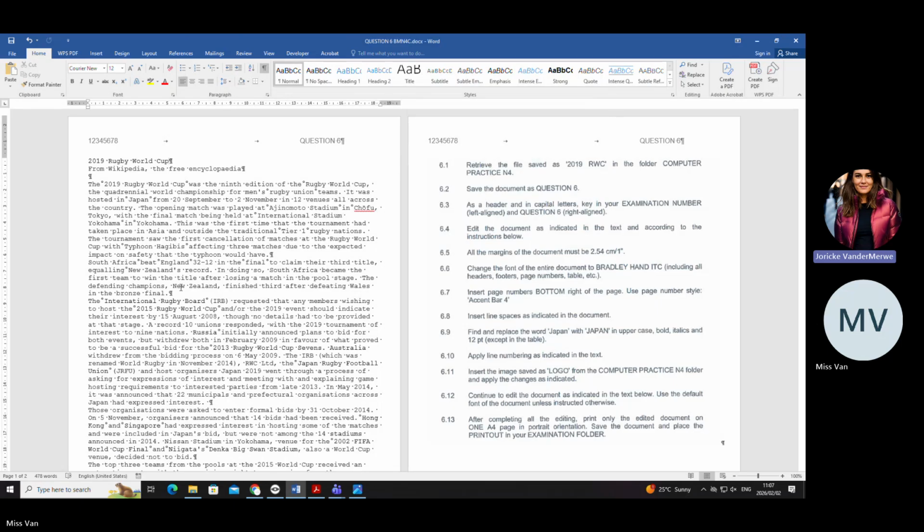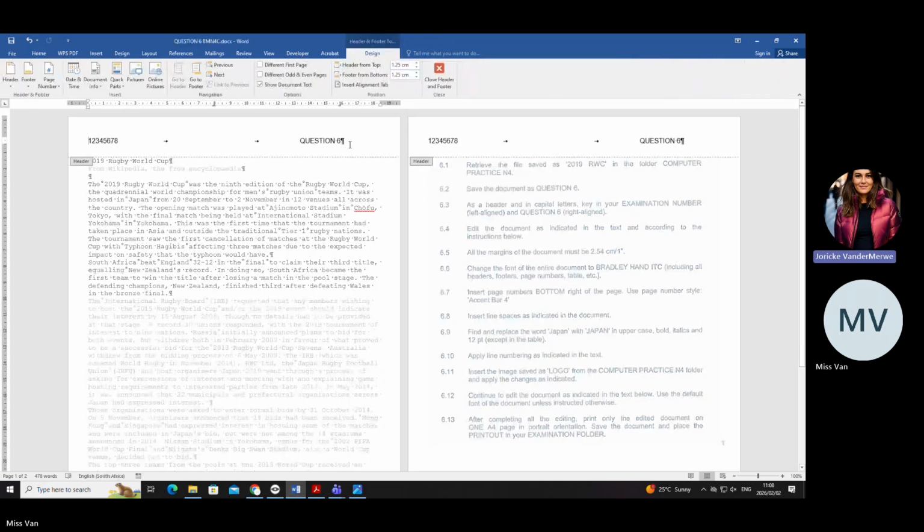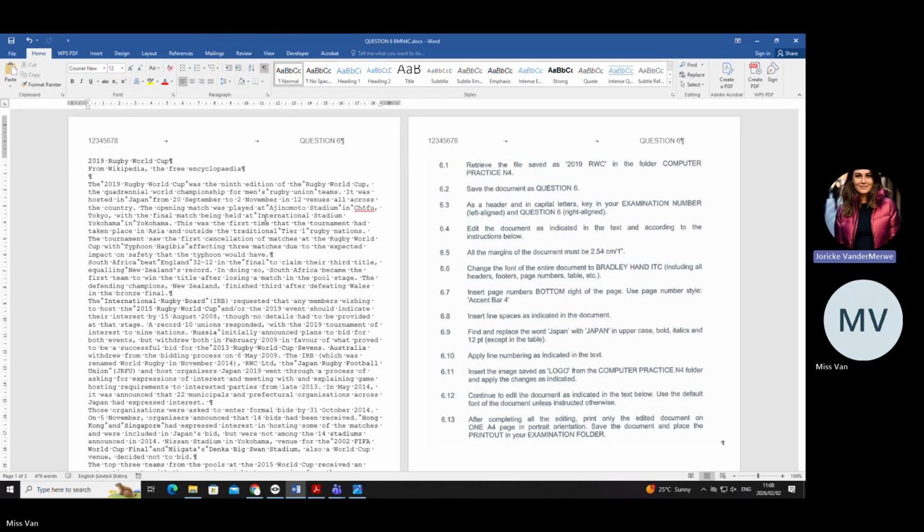Darlings, please be mindful when you work in the header that you don't keep on working in the header. Especially when it's your first time doing this, some students don't focus and then they do their whole document in there. Can you see the rest of my document is gray? And if I escape it, then that becomes a little bit less black. It's almost a bit like a dark gray, and the rest of my document is a normal color. Please make sure that you are in the right place when you start your editing.